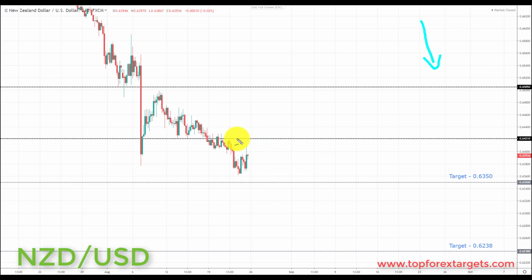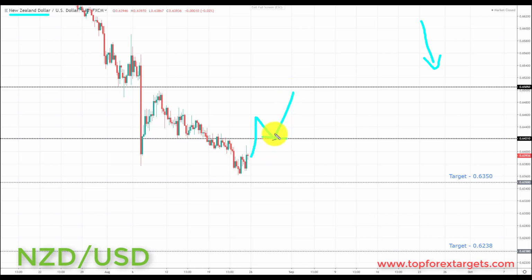So very simply put, you can either filter out the New Zealand dollar going into next week and just simply say, well, because the New Zealand dollar in and of itself is a weak currency, I don't want to trade it against a weak dollar, because then you'd be trading 2 weak currencies, and really you want to trade strong versus weak currencies. Or if you want to, you can wait to see if you can get this reversal play, which would be a clean break above the 0.6420. And if we can get a pullback and a retest in this area, this would be our first opportunity to start to look for bullish patterns and formations in the New Zealand dollar.